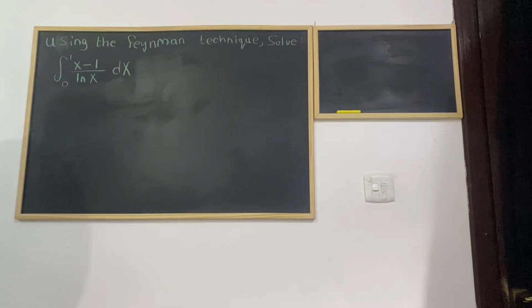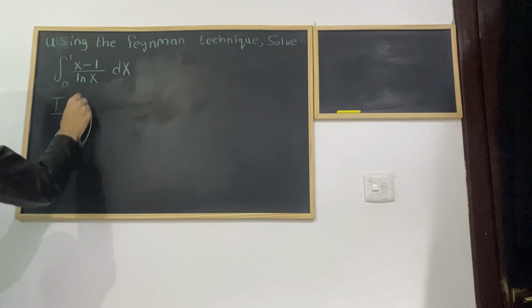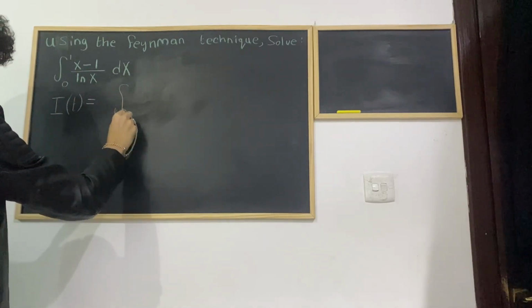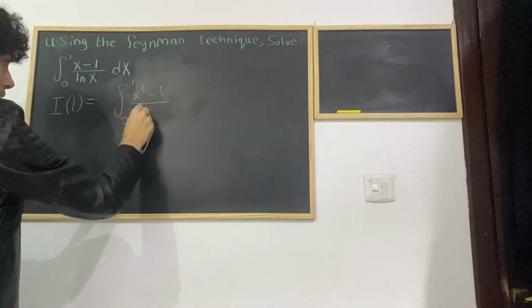it on the board. So here we have the integral from 0 to 1 of (x - 1) over ln x dx. So, first things first, let's create a function of this integral and add our parameter. Let's let our function be I, and let the parameter be t, and we want to place our parameter in the exponent position of this x here. Therefore, I of t is equal to the integral from 0 to 1 of (x^t - 1) over ln x